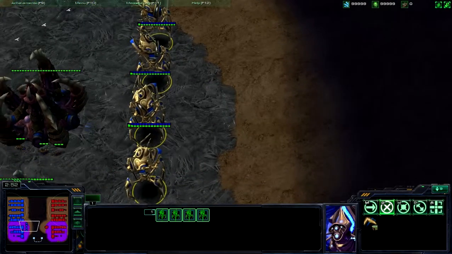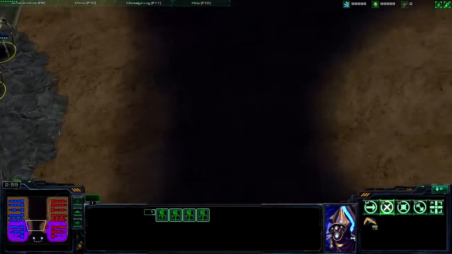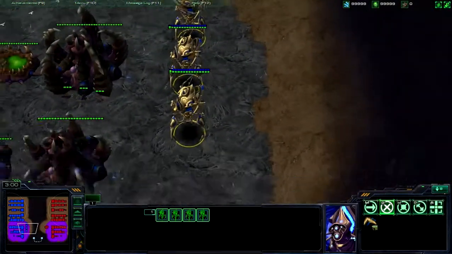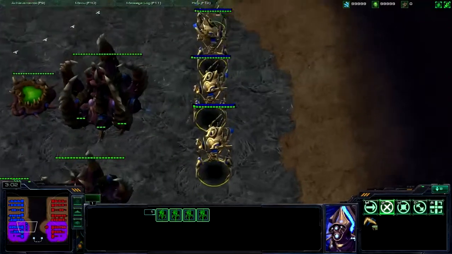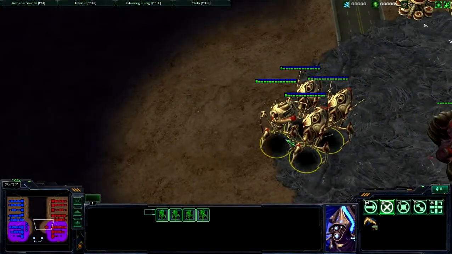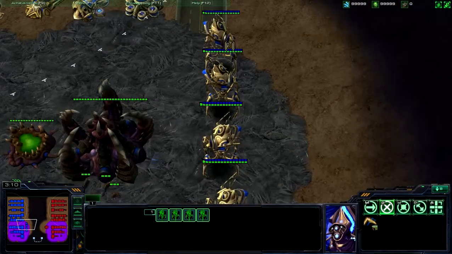In order for this to work, you of course have to engage perpendicular. Your line has to be perpendicular to the opponent's army. If you have your line and the opponent's army is down here, then that's basically the worst formation you can have. So here, I'll show you an engagement of,